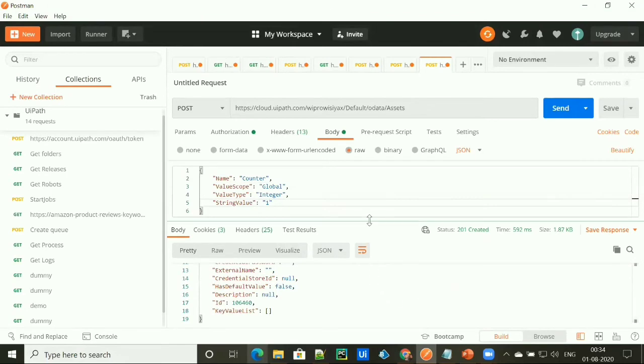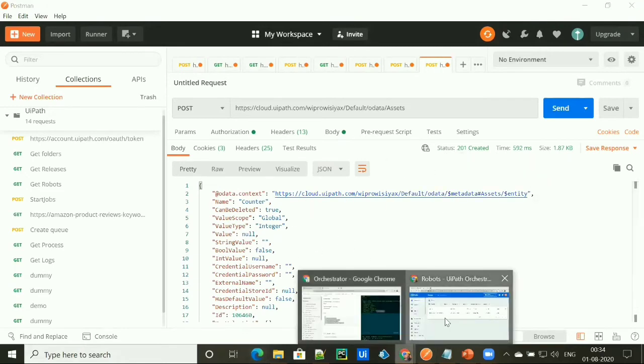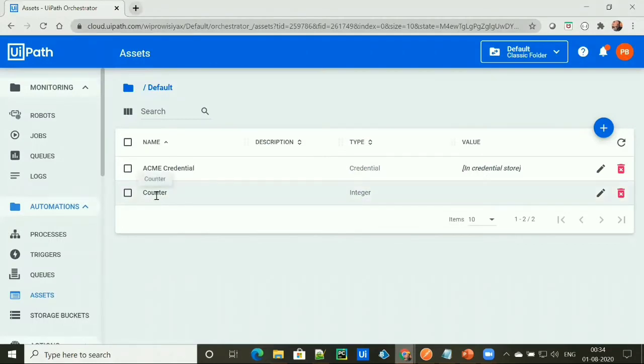As you can see here, we got 201, which is the created response. Let's go to the orchestrator and check. As you can see here, the counter asset has been created of type integer.